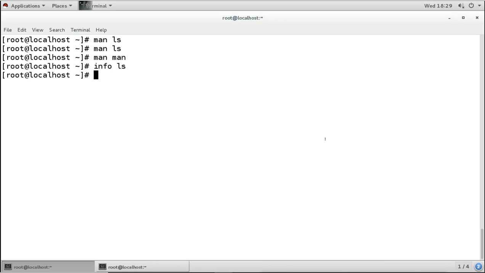So we have seen today some basic commands. We have seen how we can create directories, change directory, copy files, move files, and delete files and directories. And then we have seen how we can get some help and how we can see the man page or manual for any other command.